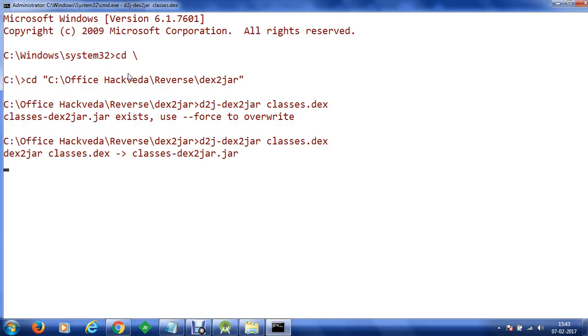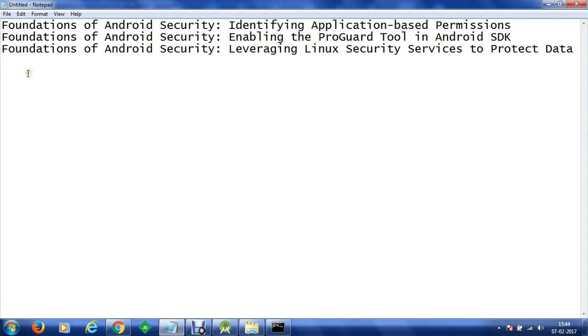the decompilation. Once the decompilation of the jar file is complete, we are going to open this jar file in a tool known as JD-GUI. So the tools required for this demonstration are dex2jar, which is free and open source, and JD-GUI, which is a Java decompiler.